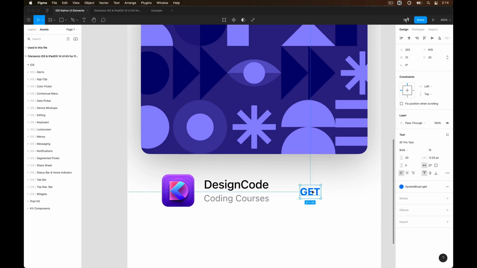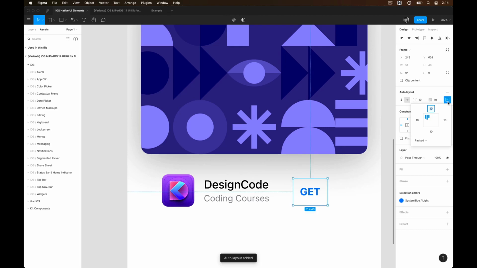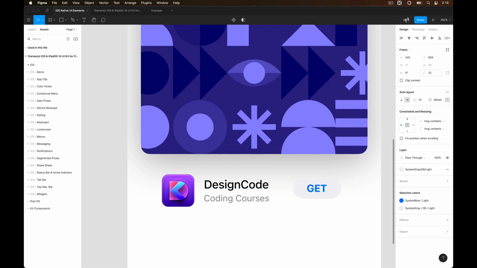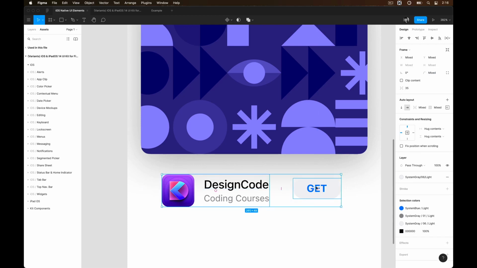Now let's press Shift A to create an auto layout, set the alignment of the item to middle and the top padding to 5, bottom padding to 5 and both of the left and right padding to 20. Now let's head over to the fill and open the styles menu and set the color to system gray 6. Once we have this, let's set the rounded corner value to 32